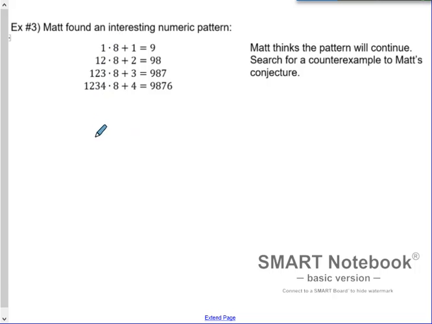Let's take a look at what this pattern is. So I can see that I'm multiplying a number by 8, adding a number to it and getting a result. Okay, so I can see that this is going up by 1 every time. Okay, and then over here, I'm kind of getting almost,